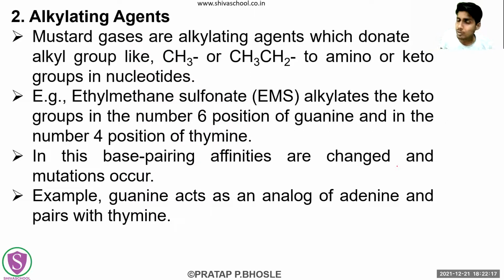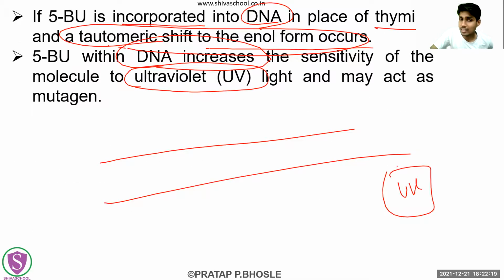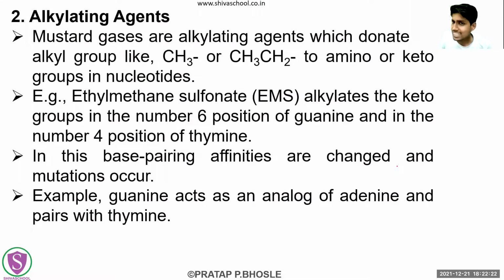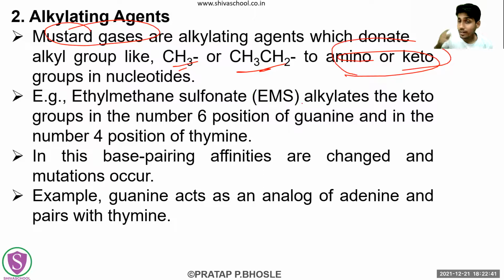Okay, alkylating agents, the second type of agent, okay, which are going to get what? First one was these base analogs. Okay. Now these alkylating agents are also going to give us induced mutation. Now which are these? Now these are the mustard gas. Okay. ये क्या करते हैं? They donate the CH3 or this ethyl group, okay, to amino or the keto groups in the nucleotide. ये क्या करते हैं? Mustard gases क्या करते हैं? ये जो amino और keto group है ना, in these nucleotides, okay, to those groups they donate this methyl